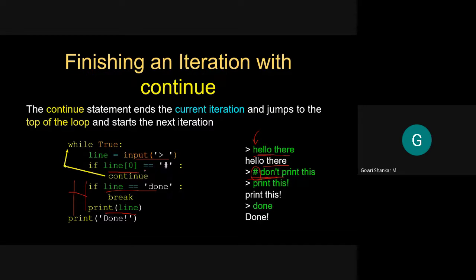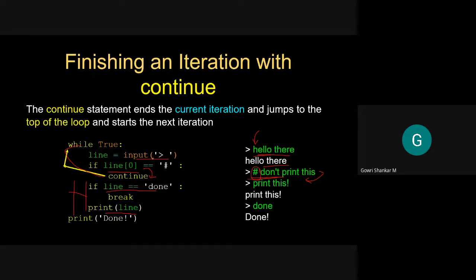Condition is true, it will go inside. Now we are having a continue here, so that means it will go to the next iteration of your while. Okay, it will skip these. So after this, right, we have a print statement, but it is not printing. Okay, it is not printing that line because it has skipped these statements. So it is going to the next iteration. Again we are getting the input from the user. Say the user has typed print this, it is not equal to hash, the first character. As a result, it will not go inside.